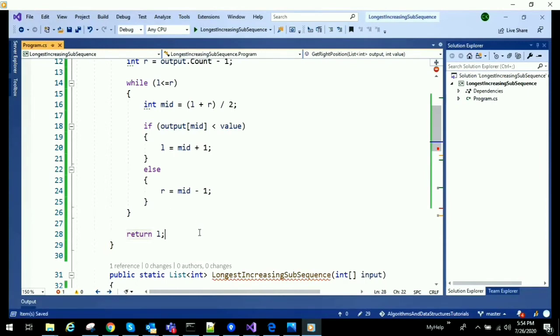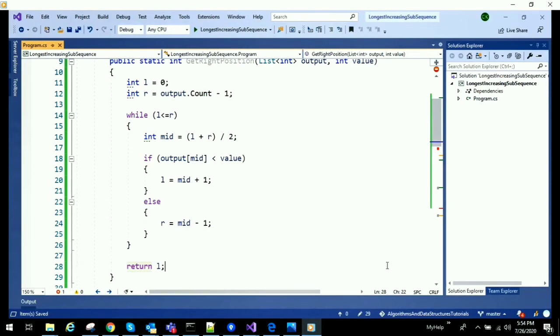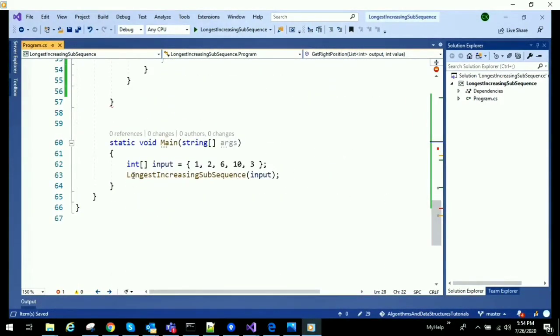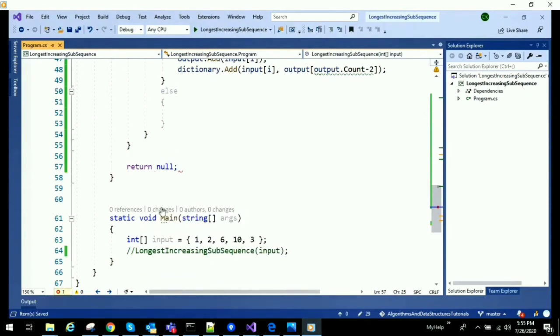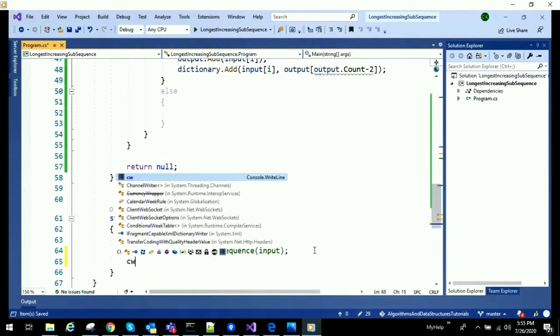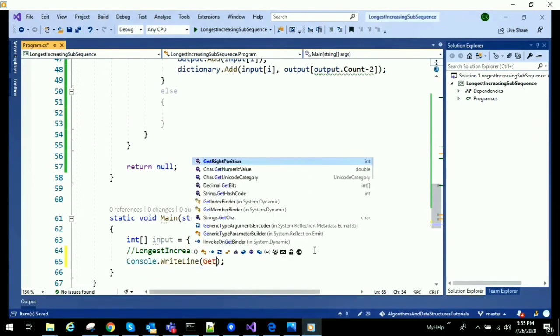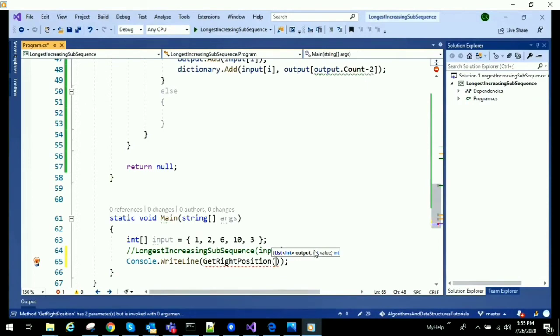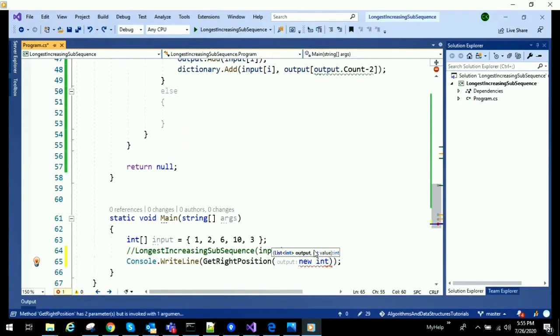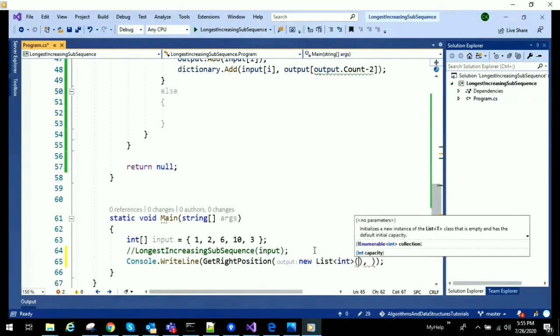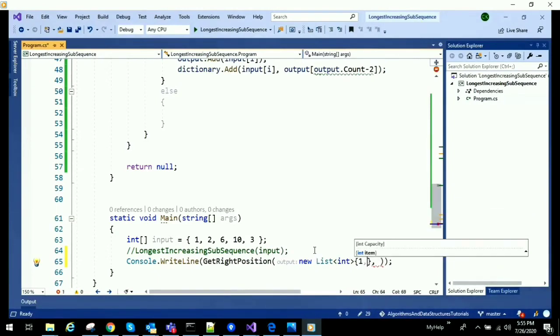and let us see whether this is working fine or not. And here I will comment this method, and I will just return null to avoid the compilation error, and I'm just calling and printing that method, get right position, and I am taking the input array as 1, 2, 6, 10, and we want to get index for value 3.